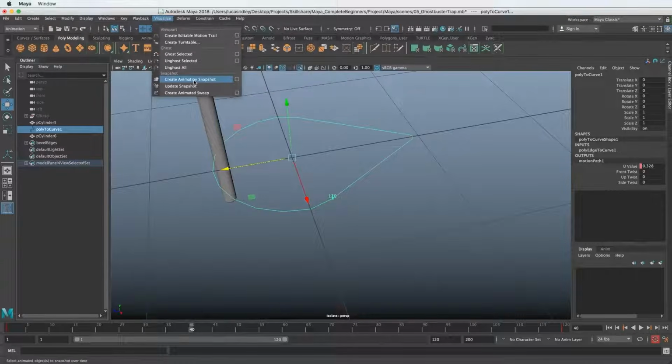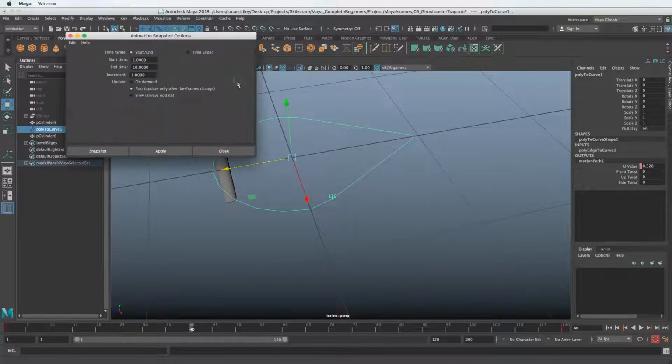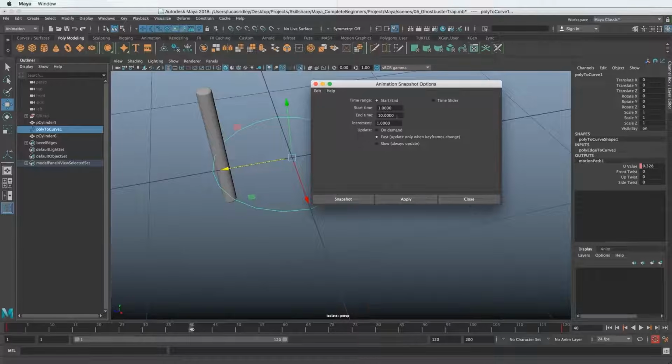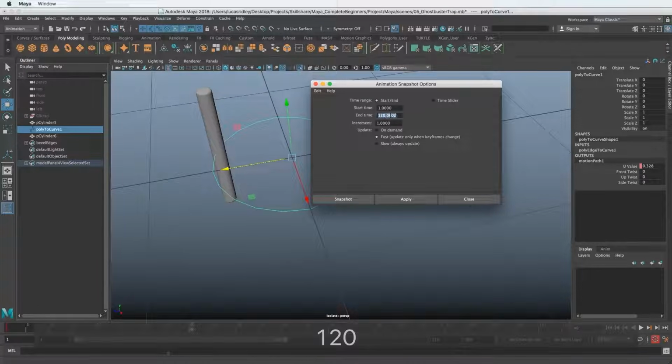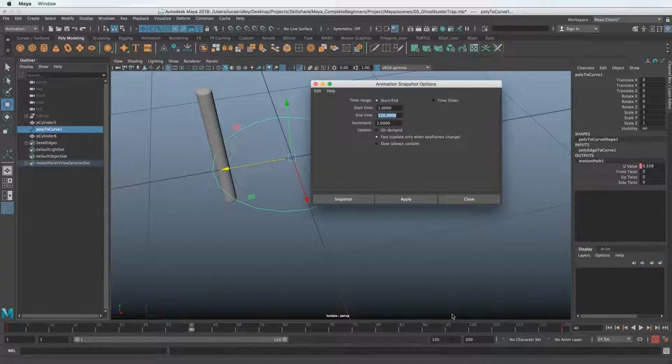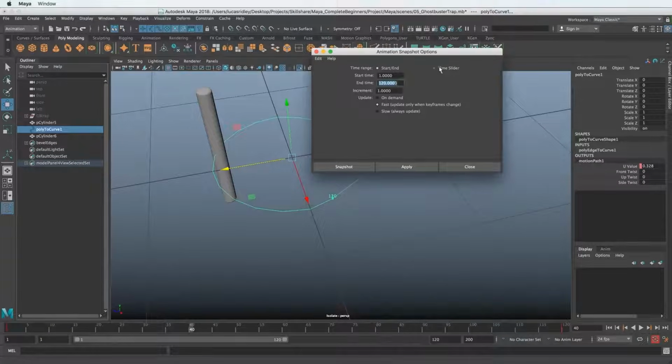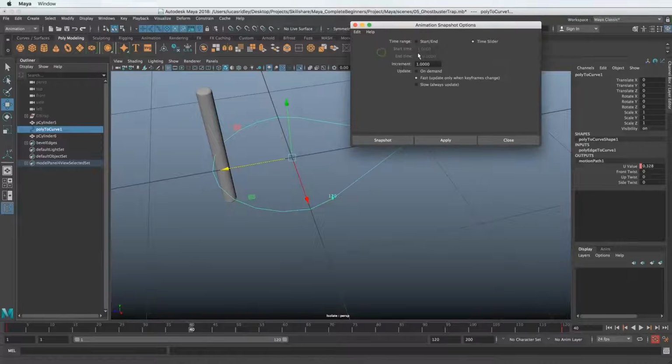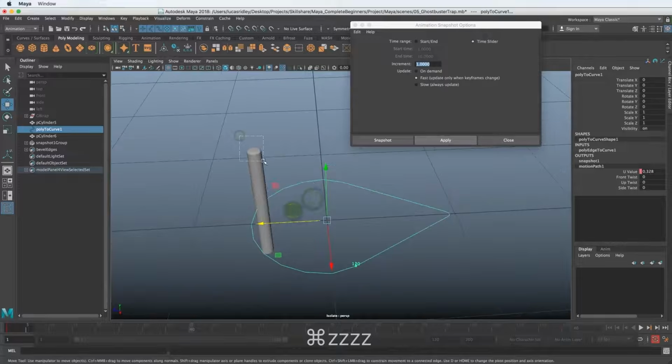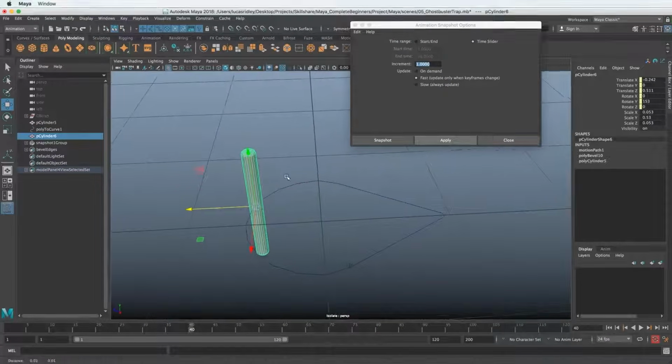Okay, so if we go back to the Animate tab here, we're under Animation, and we go Visualize, Create Animation Snapshot. I'm going to open up the option box here, and what we want to do is go the entire length of this thing. So we'll add 120 because that's the timeline over here. We'll go start to end. We could also say time slider, which will automatically do that, so it grays these out. But either one, it's the same thing if you change this number. We'll say increment will be 1. Let's just leave it at default. We'll say reset settings and make sure we're all at the default. So with this selected, we actually want to select the cylinder, not the curve, and let's hit apply.